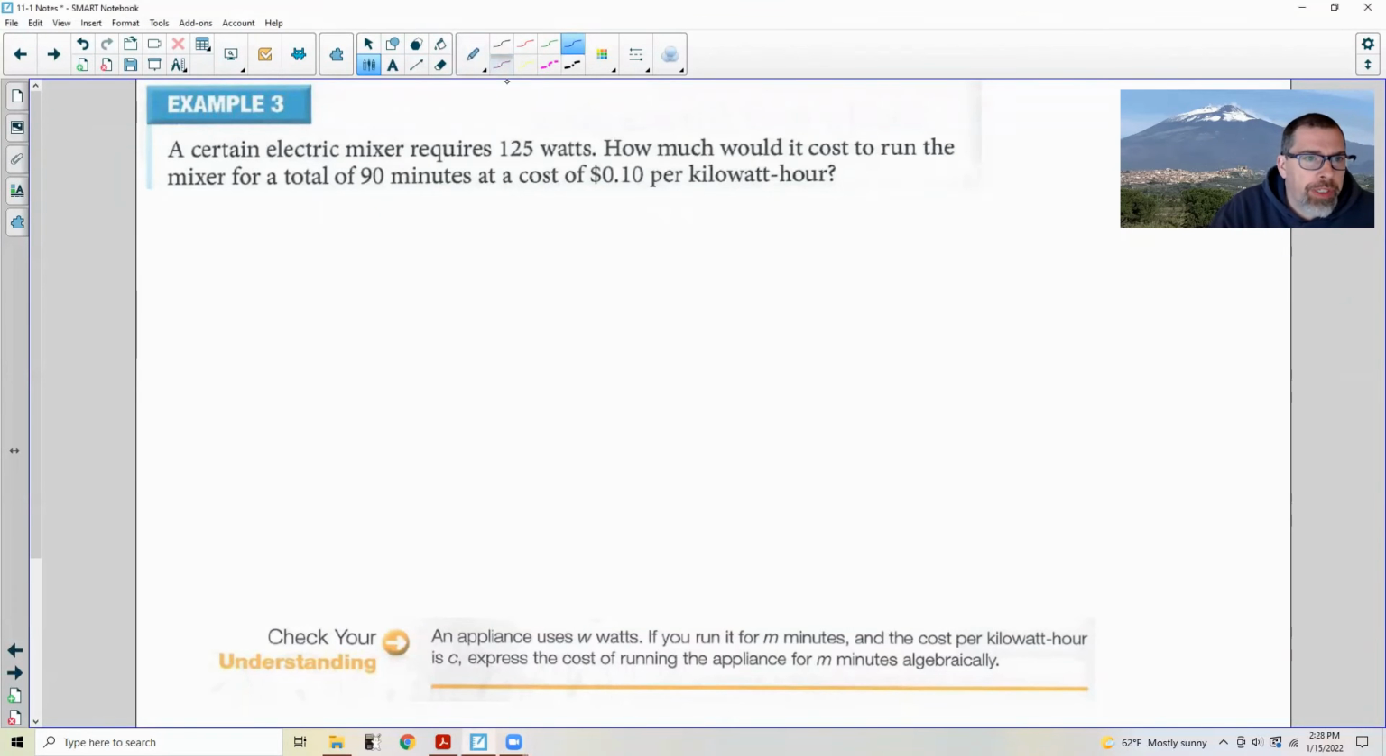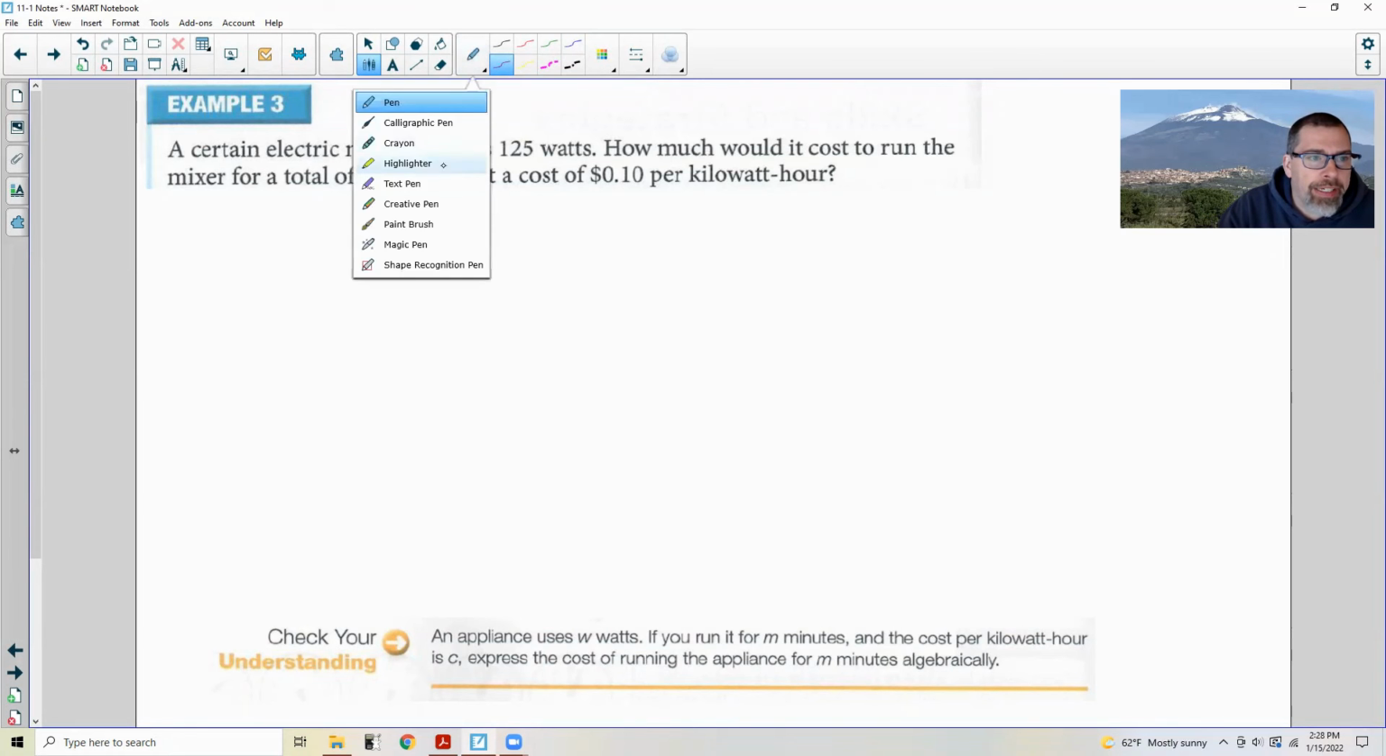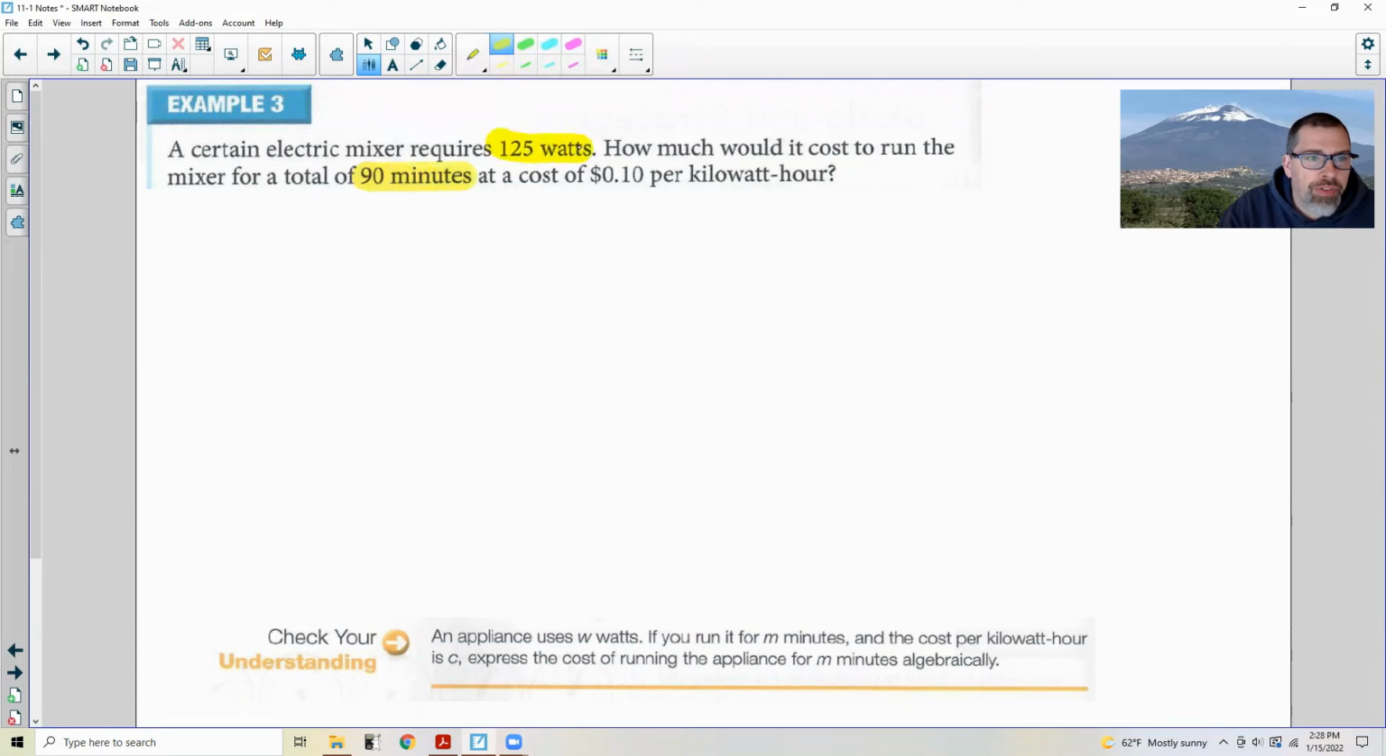Okay, example 3 says a certain electric mixer requires 125 watts. How much would it cost to run the mixer for a total of 90 minutes? Okay, so we have 125 watts, 90 minutes, 10 cents per kilowatt hour. The first thing we want to focus on is minutes. We want to convert minutes to hours. So 90 minutes